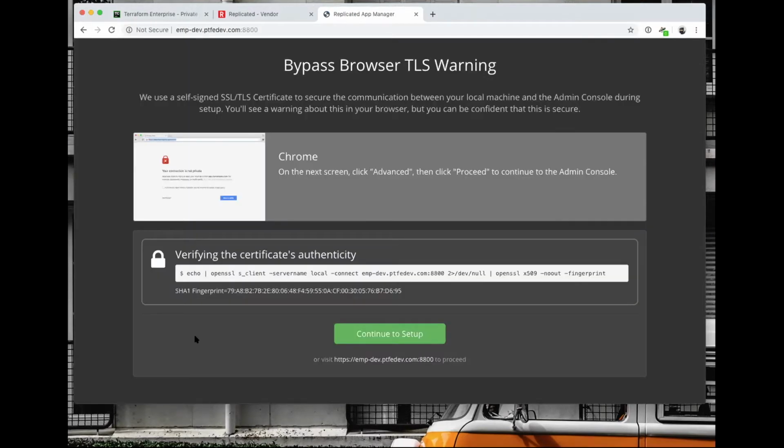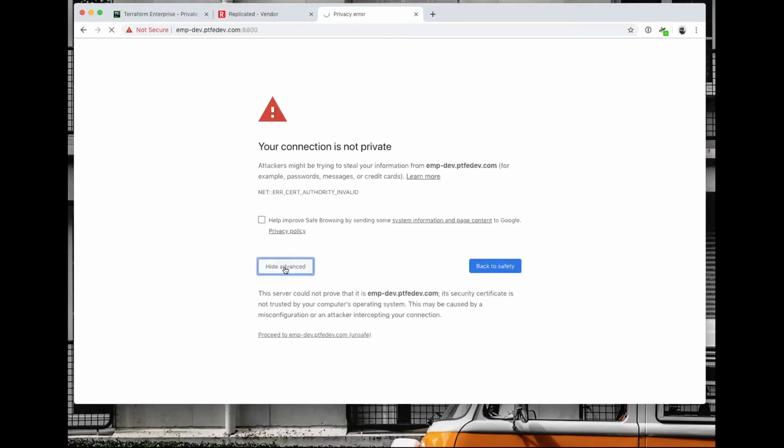Okay, great. We always allow the end customer to proceed, but we give them a little warning. We detect the browser and say, hey, we use a TLS cert that we self-signed in order to bootstrap this machine. When you click continue to set up, this is generally when you can provide your own TLS certs and keys. So it's going to give you a warning, the warning that we preview for you. It says, hey, it's not private. You go to advanced and then proceed.